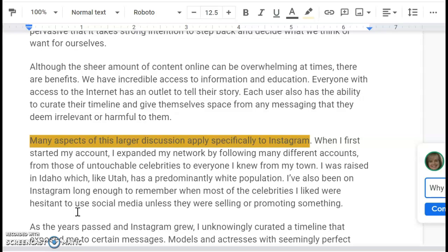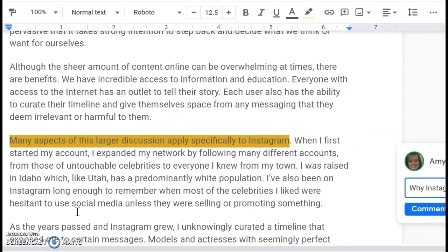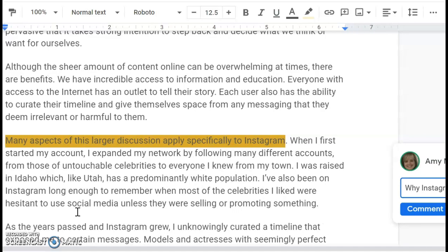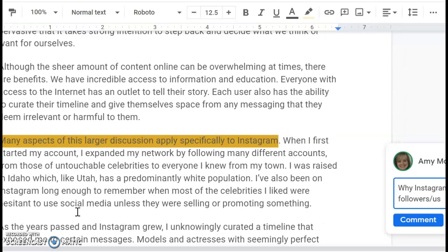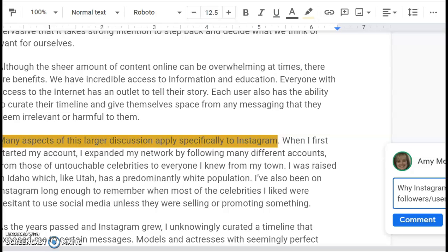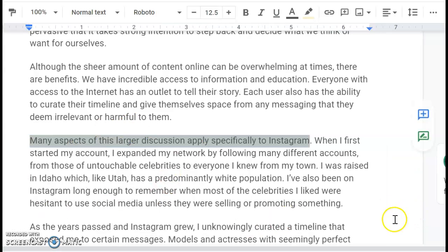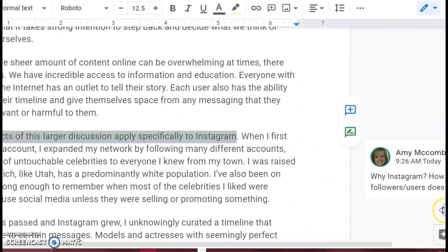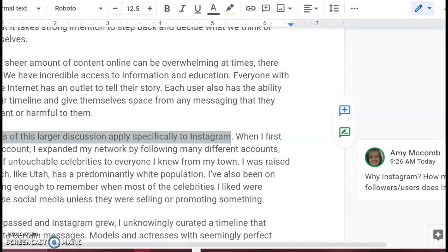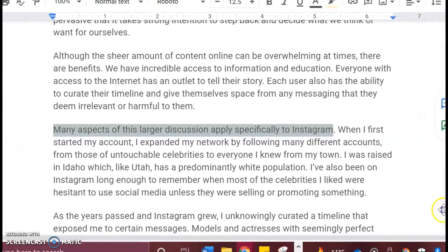How many followers/users does Instagram have? Okay, so I'm going to insert that comment. Once I'm done, I'll just hit the blue insert comment button, and I have my comment over on the side, as you can see. Okay, so you want to go through and do that with your